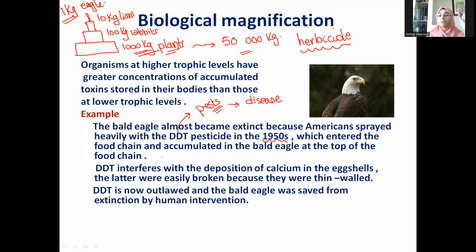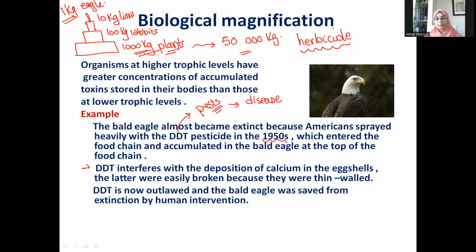The biological magnification, or the concentration, whose best example, or whose very striking example, is the accumulation of toxins, results because one big eagle, for example, needs a huge mass of herbs and plants to survive. The bald eagle, for example, does not eat these herbs directly, but gradually through the food chain.